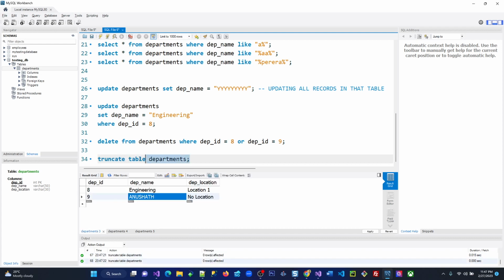What is that doing? Truncate table department, 0 rows affected. It's not deleted. And yeah, anyhow,